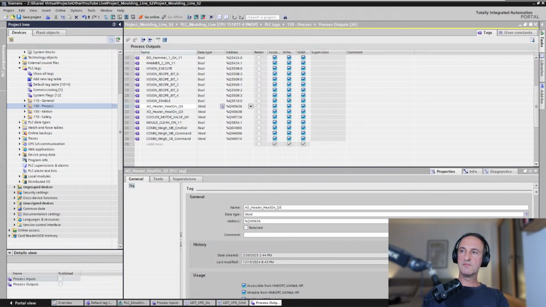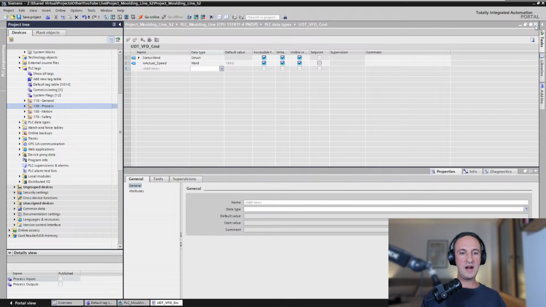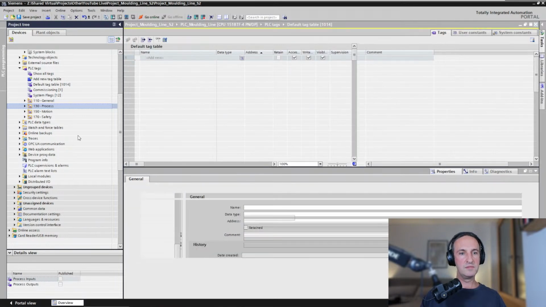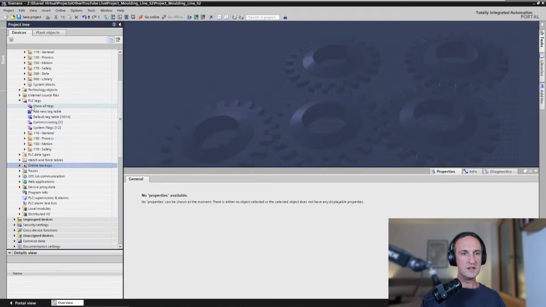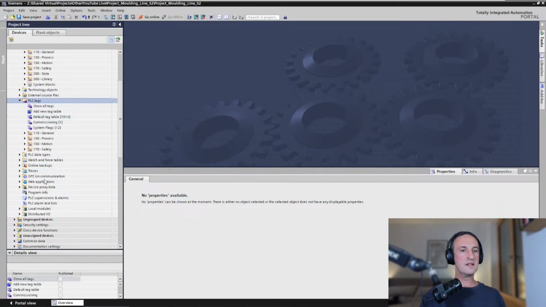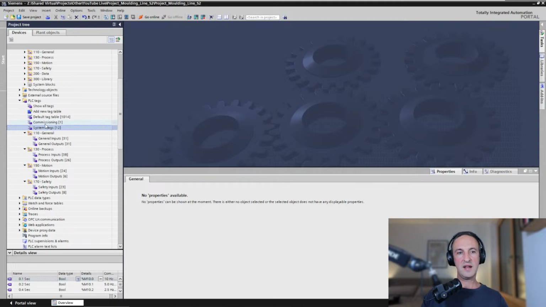All right. That's it for the inputs and the outputs. So this was the first step, the cleaning up of the tag table, the PLC tags. You see we have a nice structure now: general, process, motion, safety, with 2 tag tables for each, one for inputs and one for outputs. And we reorganized our system flags as well. They are in a separate system flag tag table, and a bit for